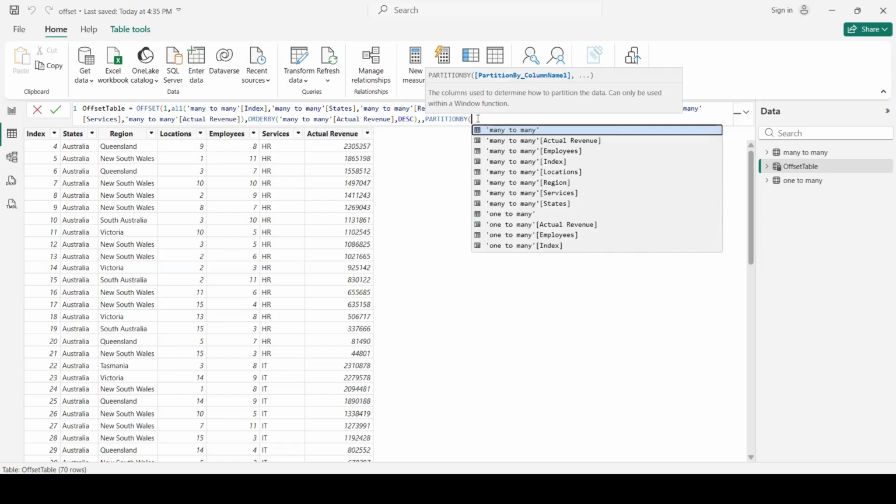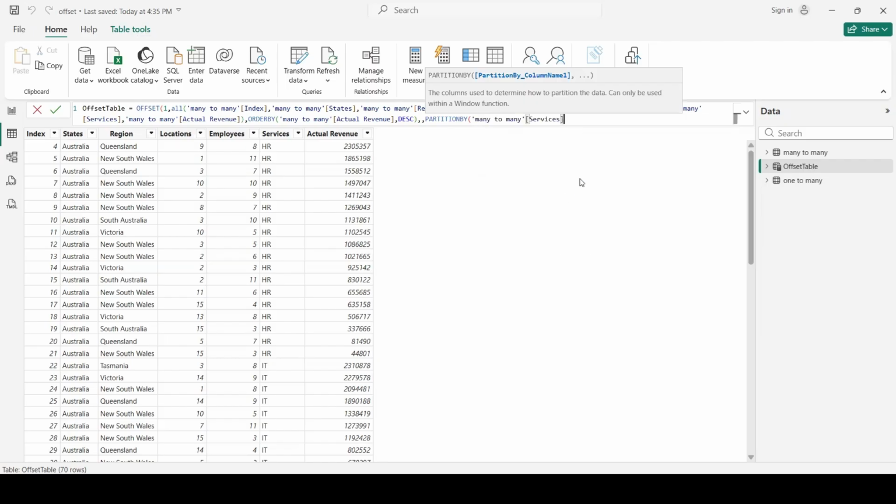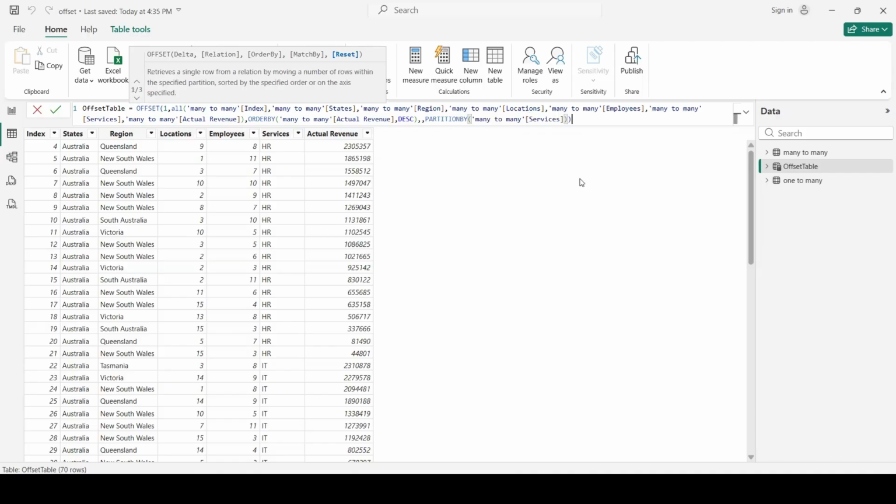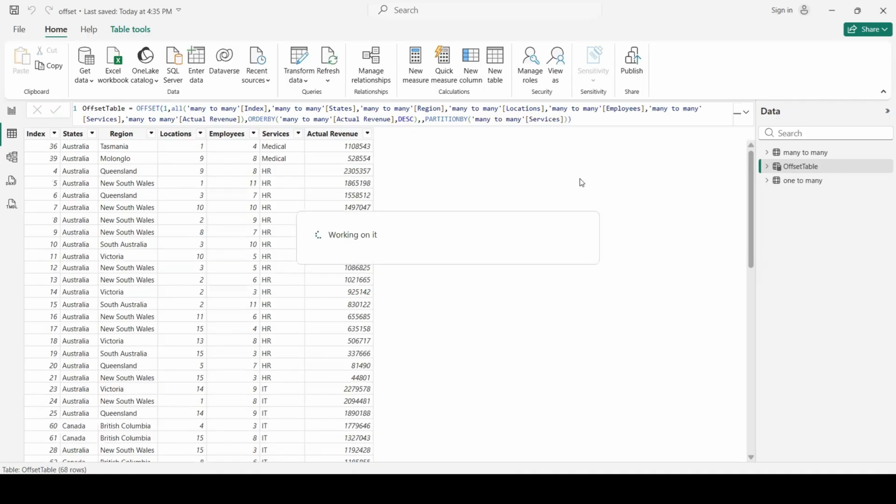So we need to give a column with some clustered information like we have in services. So we say many-to-many, the name of the table, and we look for the services, which is here, and we just need to close parentheses. And now if we hit enter, it will work.